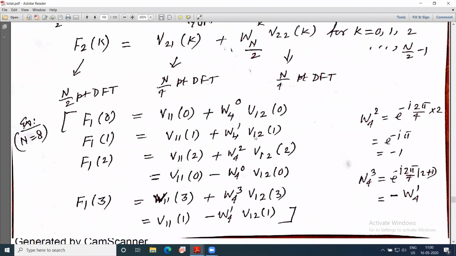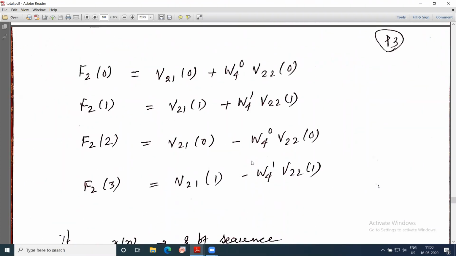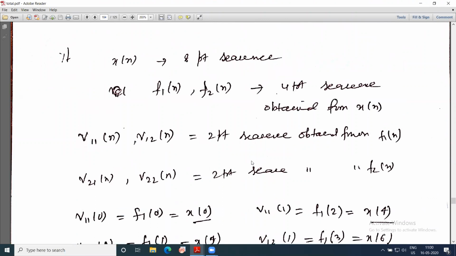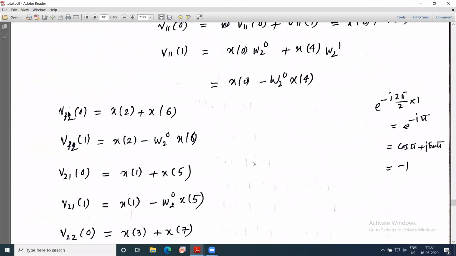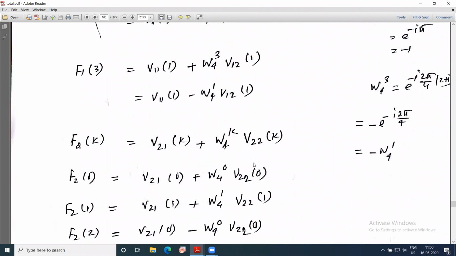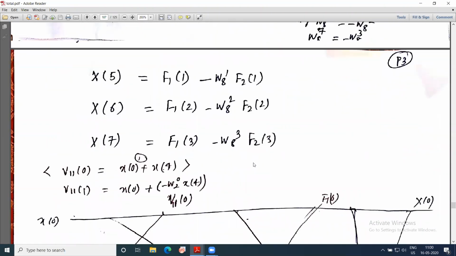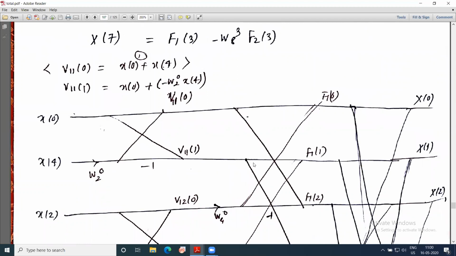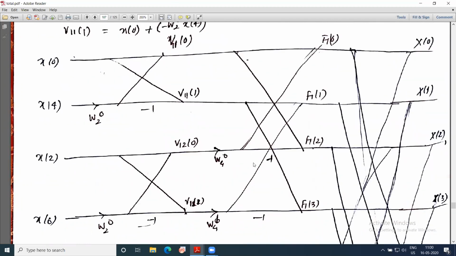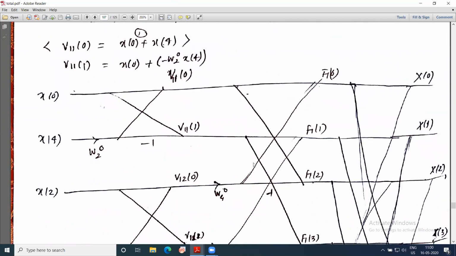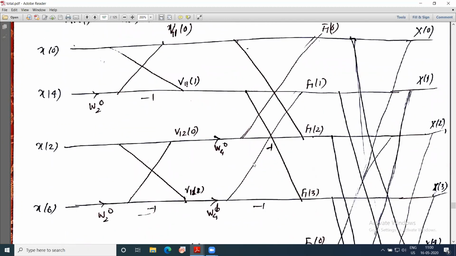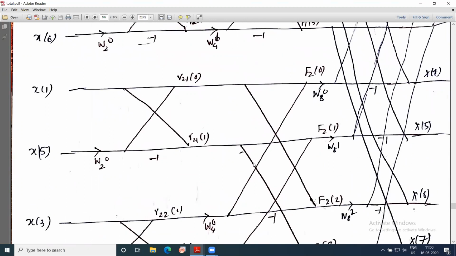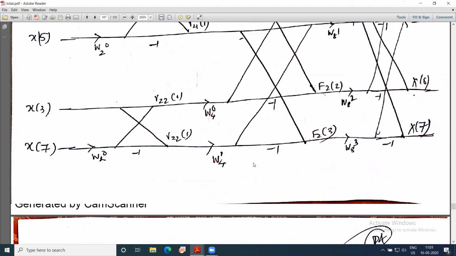যখন f1 f2 ছিল, প্রত্যেকটাতেই মাল্টিপ্লিকেশনটা হয়েছে, তাই না? তোমরা ওইটার বাটারফ্লাই ডায়াগ্রামটা কই? নিচে আছে। এইখানে দেখো, এইখানে মাল্টিপ্লিকেশনটা যখন v11 of 0 ছিল, v11 of 0, v11 of 1, এখানে v12 of 0।